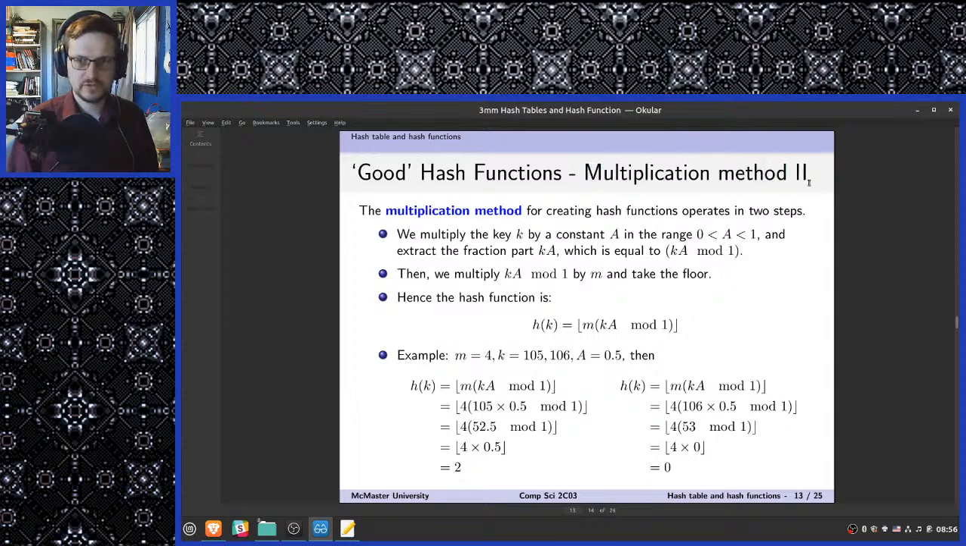So, multiplication method. We've talked about the division method. Now let's talk about the multiplication method. The multiplication method for creating hash functions operates in two stages. First, we multiply the key k by a constant a in the range from 0 to 1, and we extract the fractional part of ka, which is equal to ka mod 1. Then we multiply ka mod 1 by m and take the floor. Hence, the hash function is,